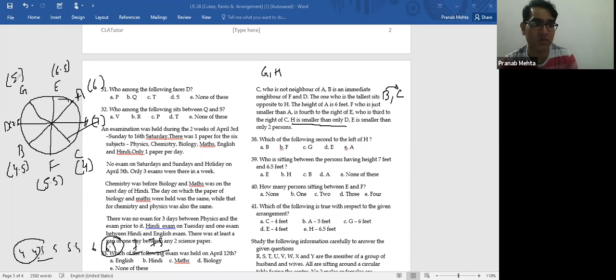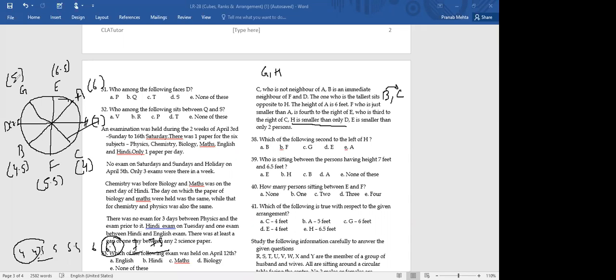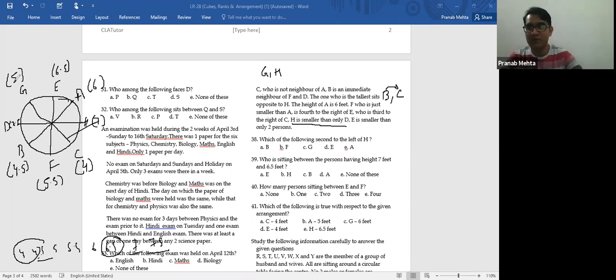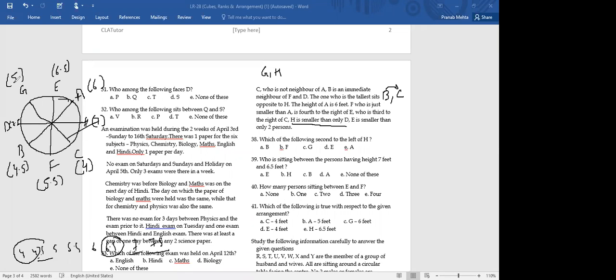Look, this is how you will solve this kind of question. Understood now? In the exam it will be time consuming. Anyway, I will wind up with this class. Any doubt with this question? Should we attempt this kind of question in the exam, sir? Because it is time consuming.